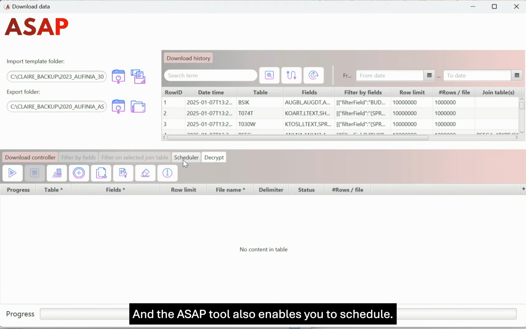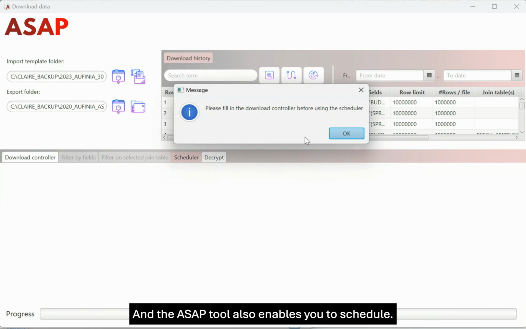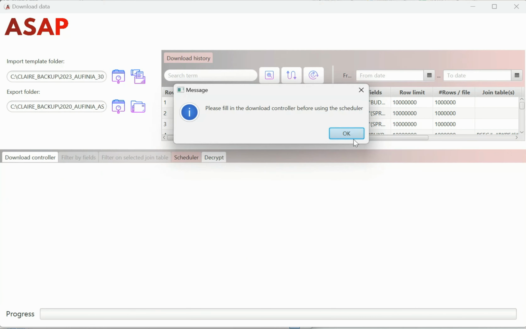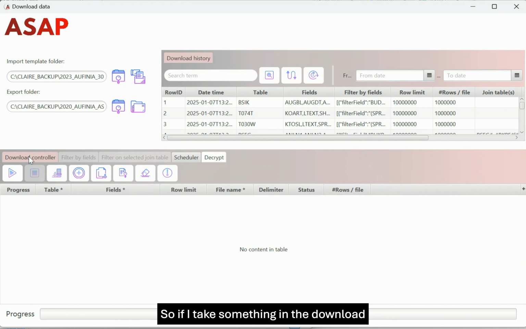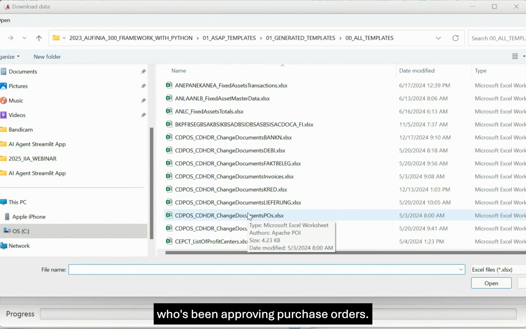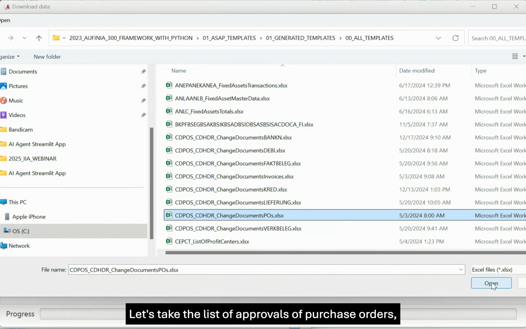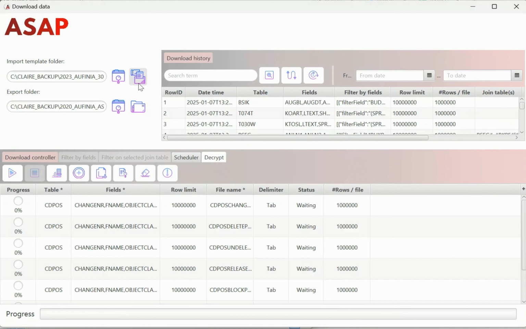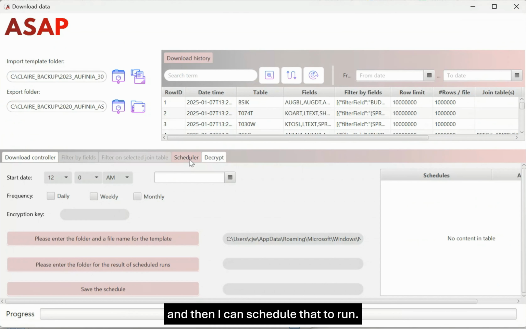And the ASAP tool also enables you to schedule. So if I take something in the download controller, let's say, for example, I want to choose something else. Maybe I want to know who's been approving purchase orders. Let's take the list of approvals of purchase orders. And then I can schedule that to run. Maybe I can take